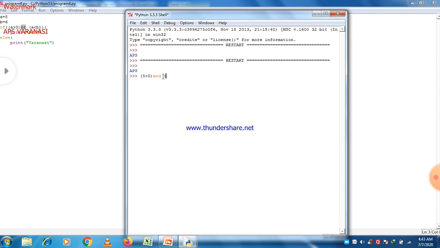Of course 5 is greater than 0 and 5 is less than 6, so both conditions are true. After pressing the Enter key in interactive mode, you can see that the result is true.